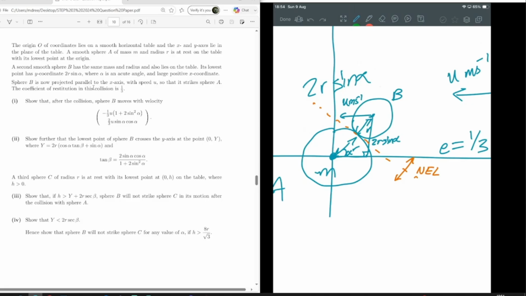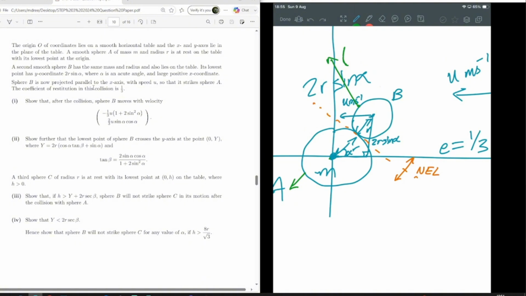So I'm going to say that B is going to have a final velocity. I'm expecting it to be still in this kind of direction. It's going to probably bounce up slightly. And then A, I'm expecting to be in this kind of direction. So I'm going to call the B velocity, yeah, I really don't like the mixture of the different angles that we've got going on. I'm going to call this one,